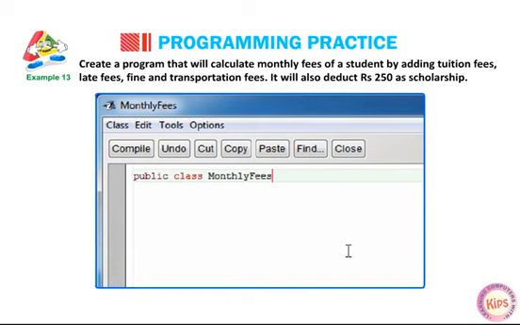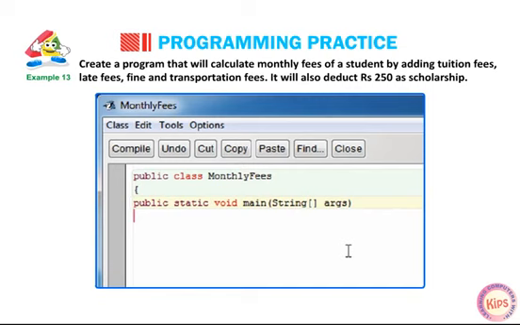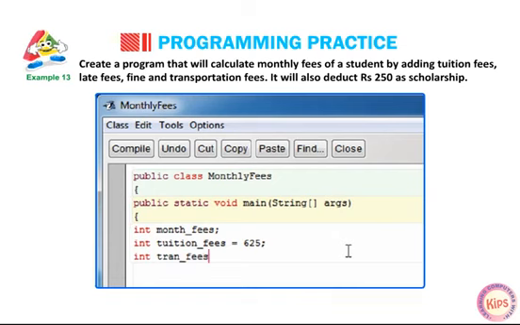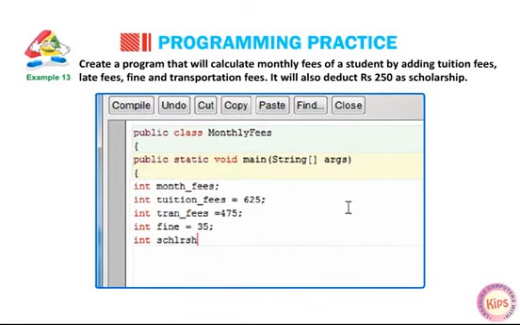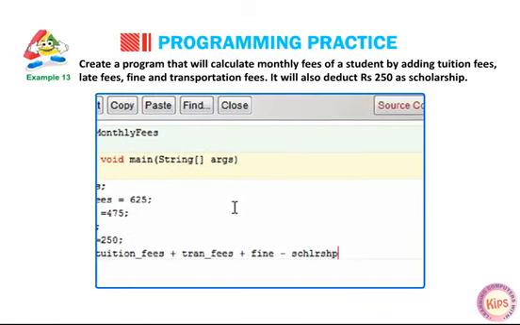public class MonthlyFees { public static void main(String args[]) { int month_fees; int tuition_fees = 625; int transport_fees = 475; int fine = 35; int scholarship = 250; month_fees = tuition_fees + transportation_fees + fine - scholarship;